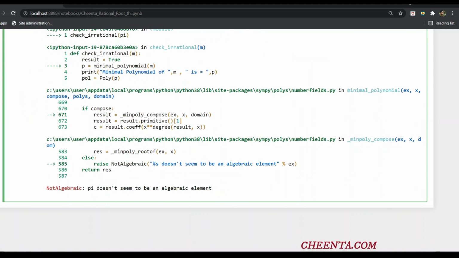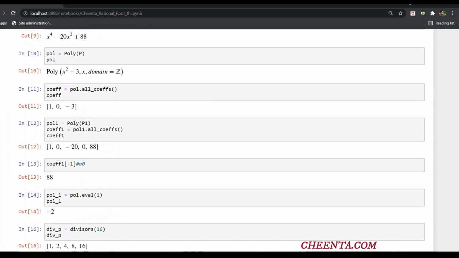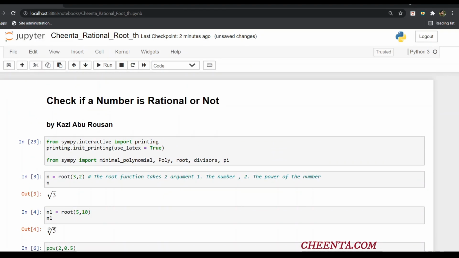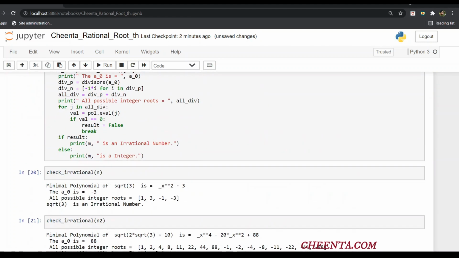I hope it is clear how to write this particular code, and this code will be given and you guys can apply this particular idea. If you want, you can extend this particular code for the rational root theorem. And if you are curious, this particular code is actually taken from a book which I am writing, and you can find that book. I will give the link in the description.